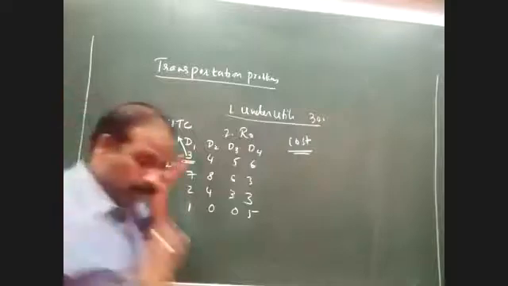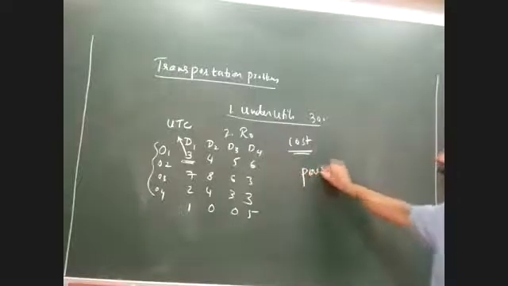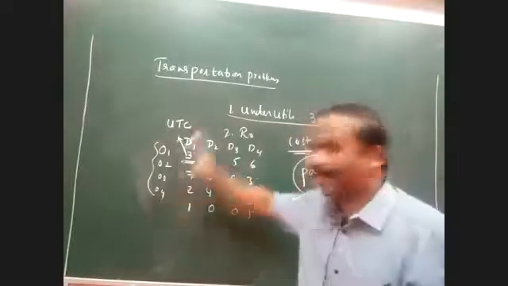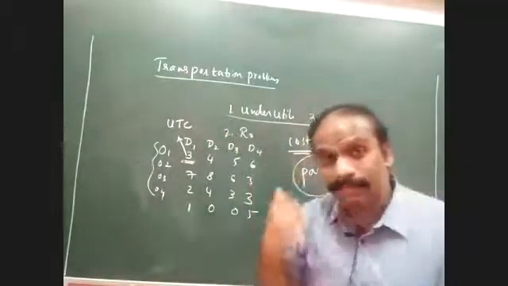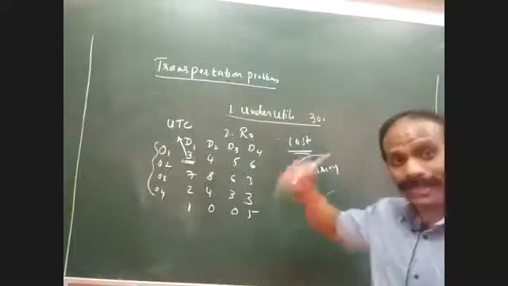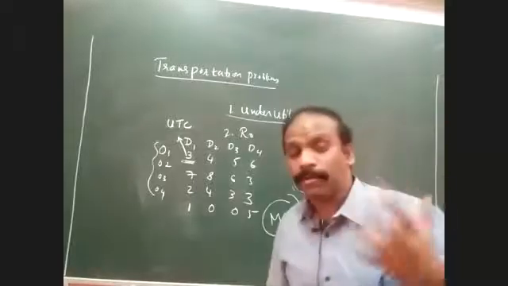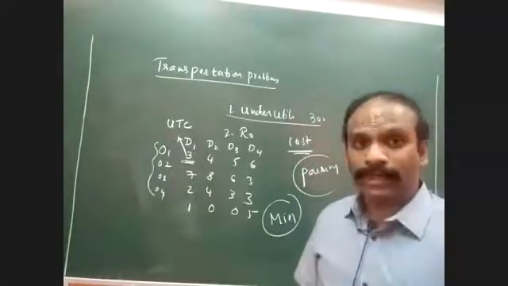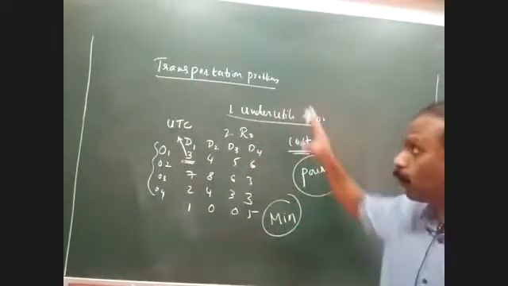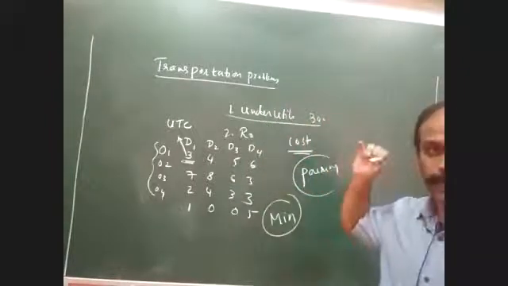Alright, so a transportation problem basically tries to address a very important issue of pairing. What am I supposed to do here? I'm supposed to pair. What am I pairing here? I am pairing the origins and the destinations. And with what objective am I supposed to pair? I'm supposed to pair the origin and destination in such a way that the overall cost incurred in this particular process is minimum. So with minimum cost, I should be able to transport, or consign, maximum items from one place to the other. So this is basically the overall objective of transportation. Okay, so this is exactly how the transportation problem is designed.